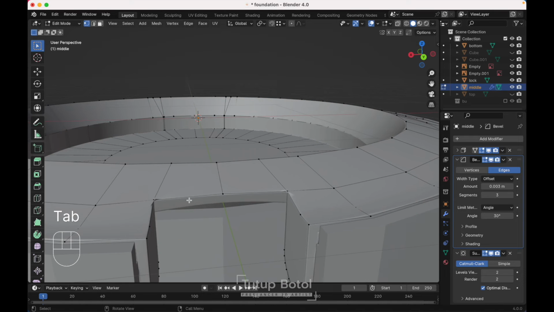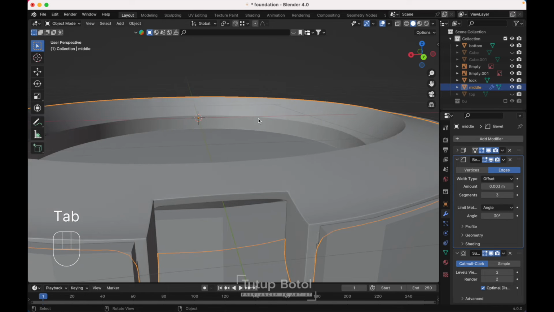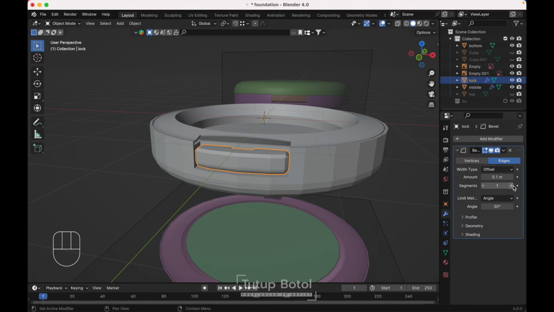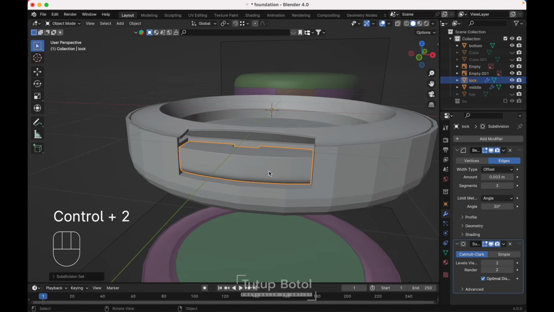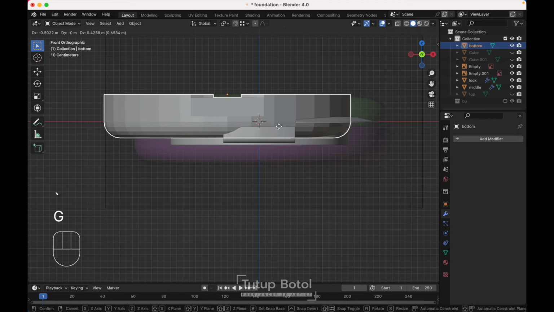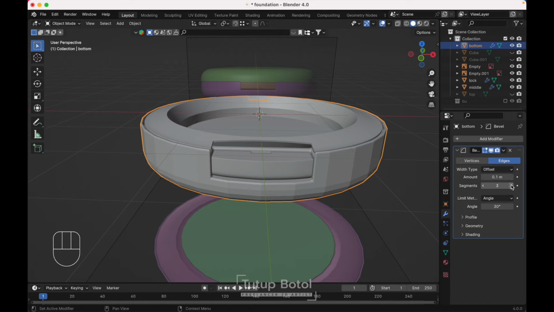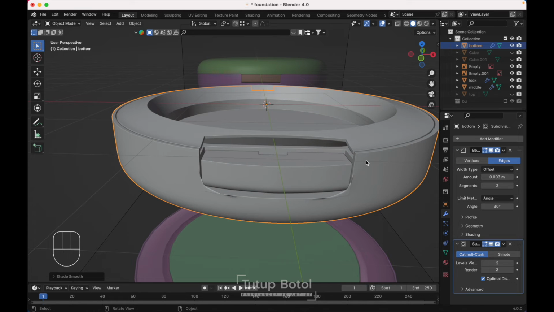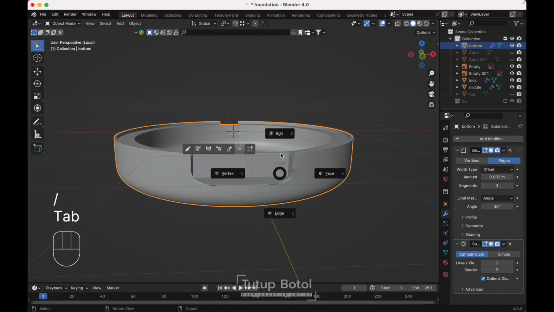Tap to the edit mode, press Ctrl R, add a loop cut here, and Ctrl R again, click over here. Okay, this one, add a modifier, bevel modifier, increase the segment 3, 0.003, Ctrl 2, to add subdivision modifier, right click, shade smooth. At the bottom part, add a bevel modifier, make it 3 segment, 0.003, add a subdivision modifier, right click, shade smooth, press slash, let's fix this maybe, tap to the edit mode,